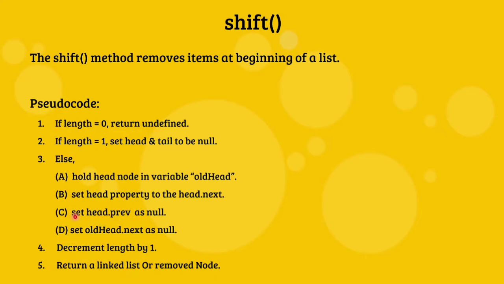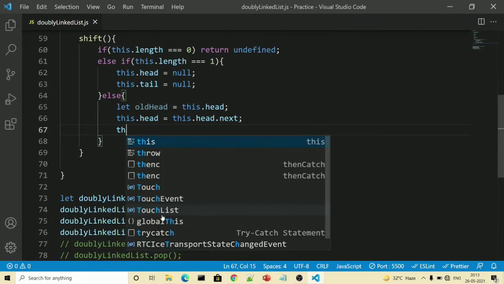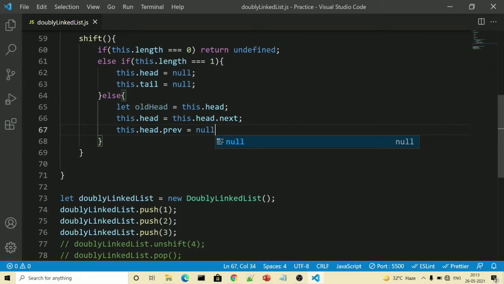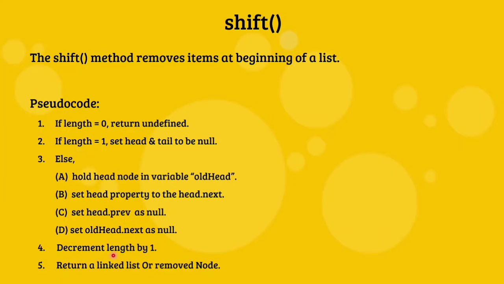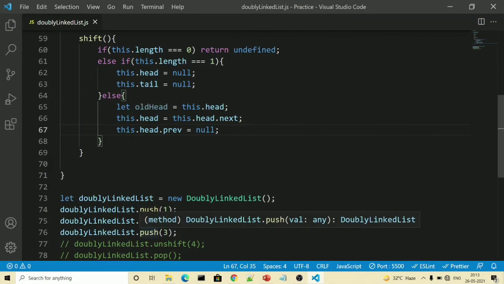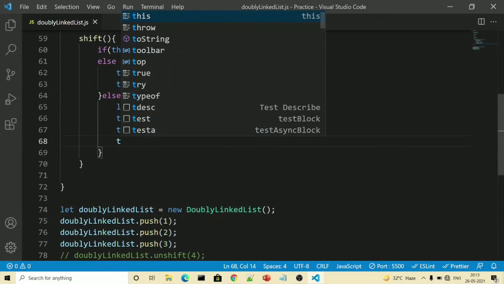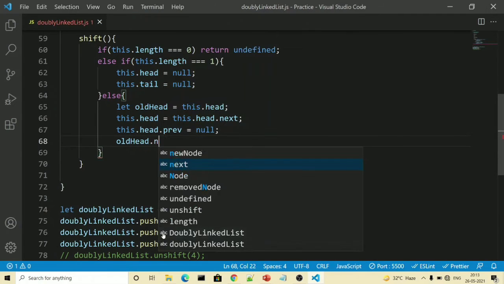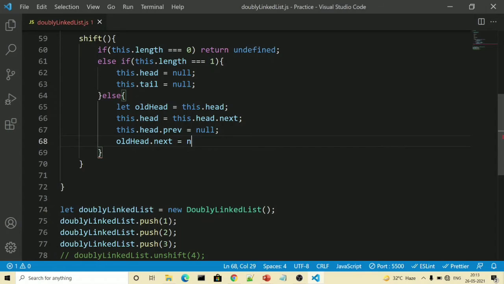After that, it is saying set head.previous as null. So we will write this.head.previous is equal to null. After that, it is saying set old head.next as null. So we will simply do old head.next is equal to null.